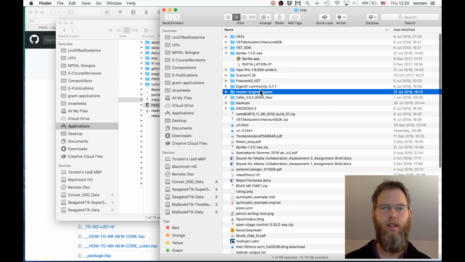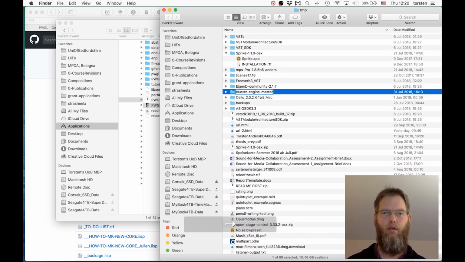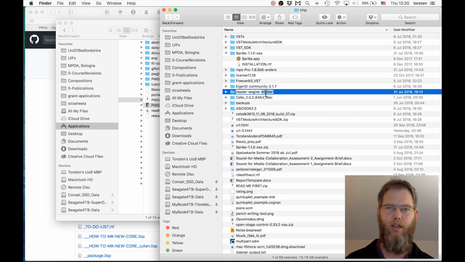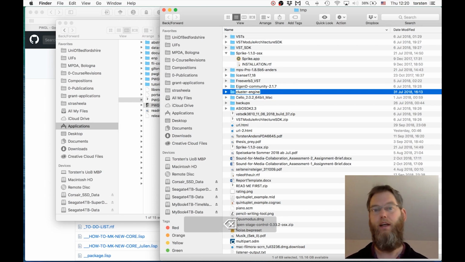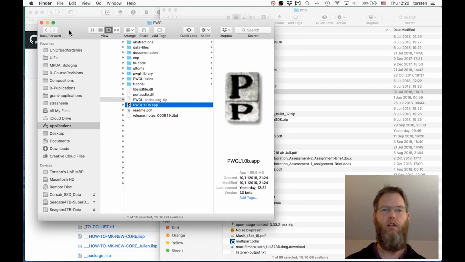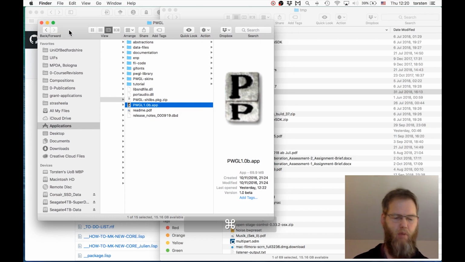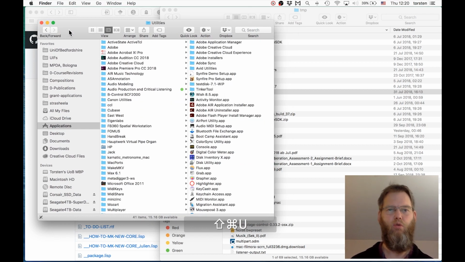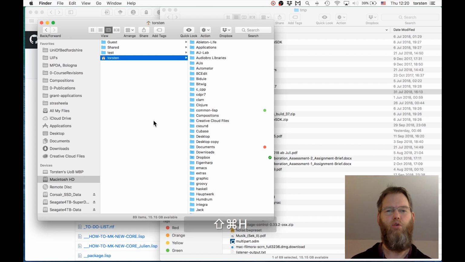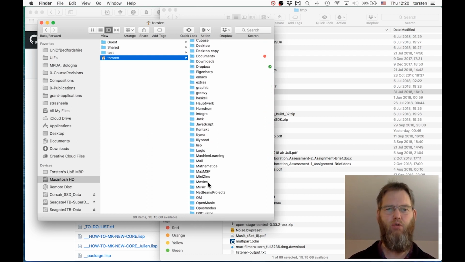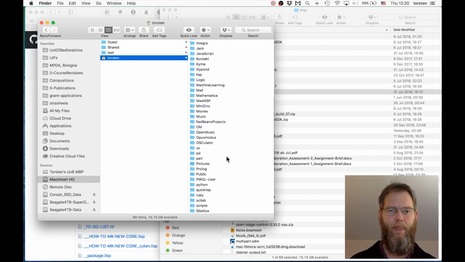Now one little step you need to do in order for PWGL to actually find that properly is I'll take out this master, which has been automatically added by GitHub, and this folder I move into the PWGL user library folder. That is under, I go to Command-Shift-H to go into my home directory, and then I scroll down to PWGL user,